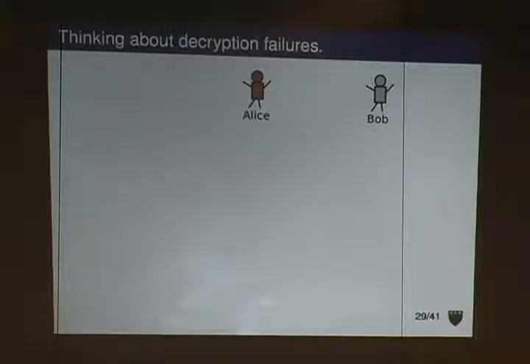So we have Alice and Bob. They're actually both UPenn students, and they've been watching the World Series. They're going to go out tonight, and the Yankees are going to get their well-deserved drubbing.